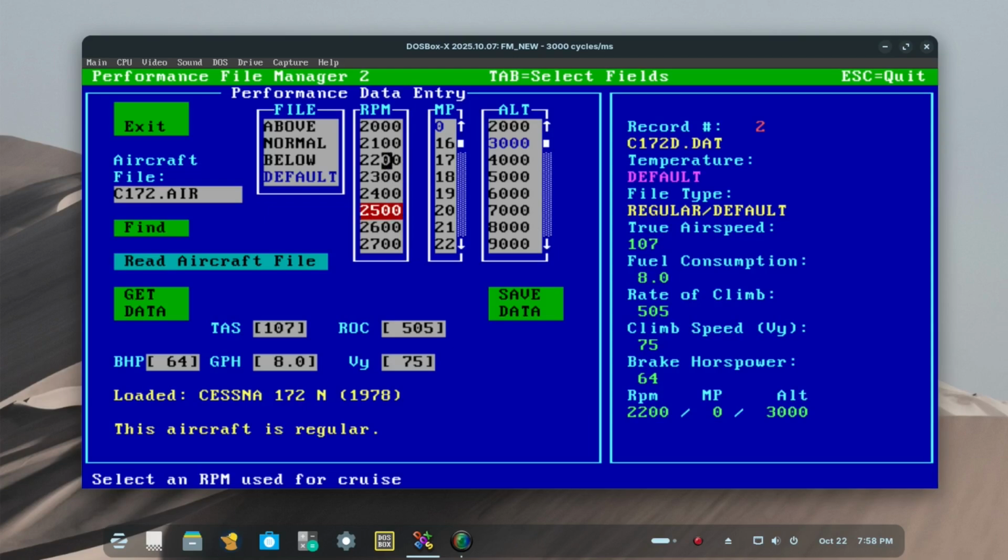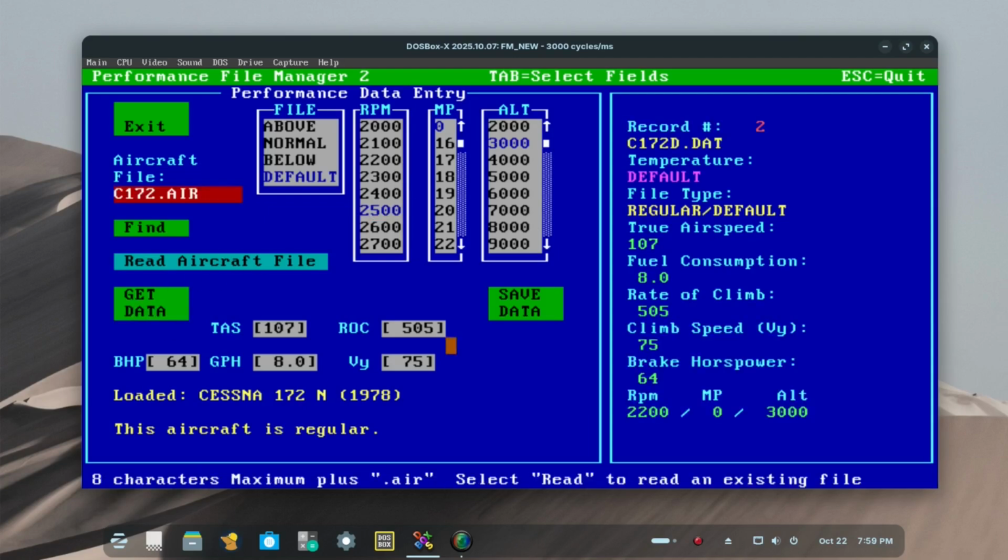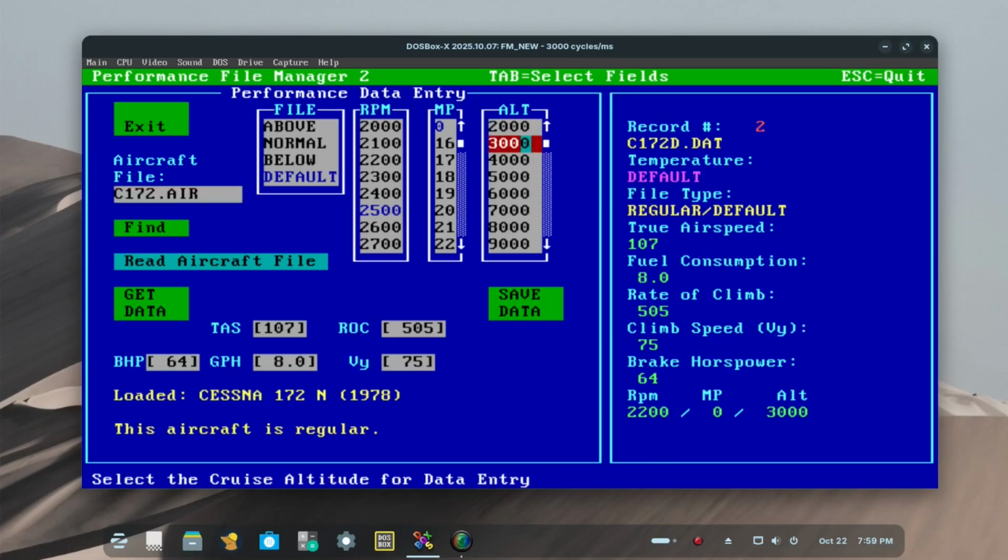It's already got a built-in RPM for that altitude. This altitude doesn't care what you set for a power setting. So it's looking at these, you're going to put in the most conservative of those numbers. And then if you don't want to use the default file for some reason, the program will still take this